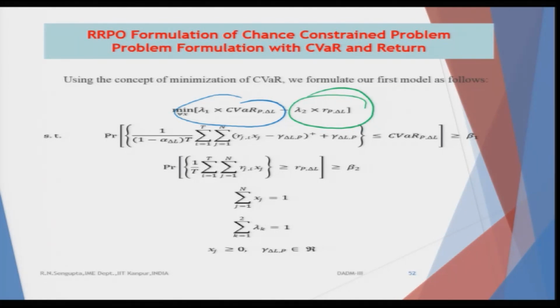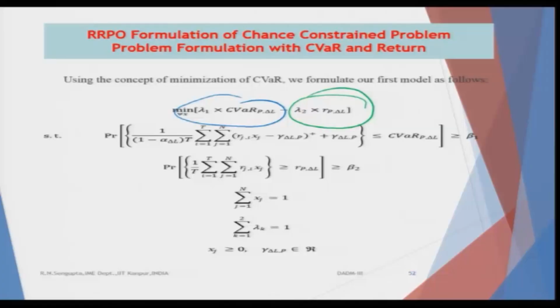In the first case I am ensuring the probabilistic case. Obviously it need not be probabilistic, it can be simple deterministic also. In the probabilistic case, it is the probability that the actual portfolio's conditional value at risk is always less than the conditional value at risk which we are proposing based on our level of risk. If that value is always less, then obviously we are 100% sure, but if it is not less than CVaR always, there would be a level of reliability that is given by beta 1.